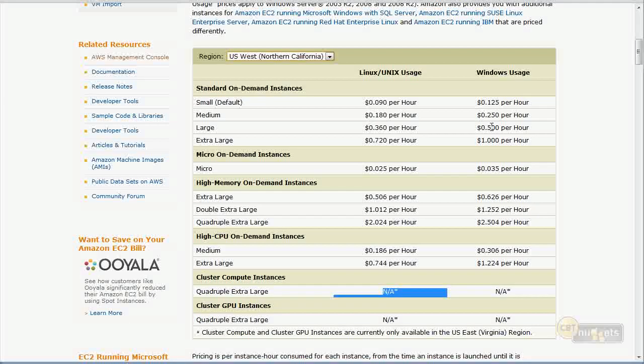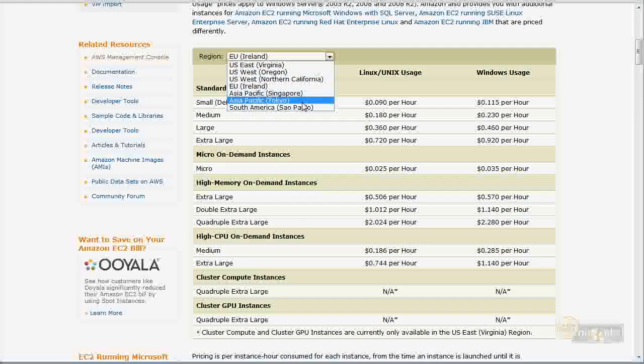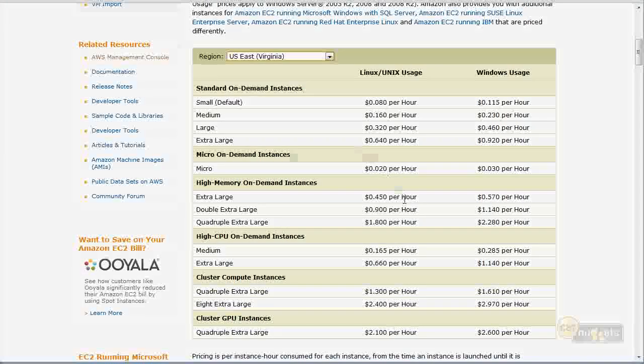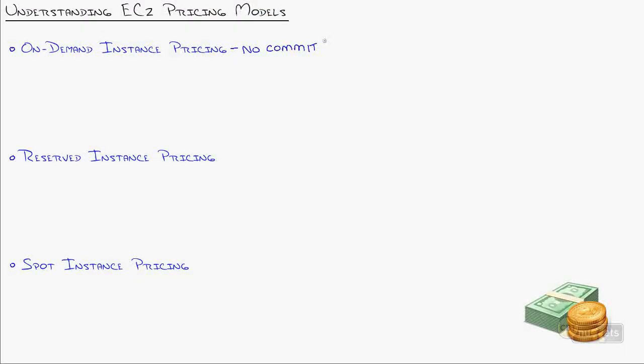Why? Maybe that data center's in high demand. Or the fact is, being in California, everything's more expensive: power, cooling, land prices. So maybe that pricing increase is reflective of that. So definitely make sure you're going in eyes wide open with the region that you're selecting in this list. So again, with on-demand pricing, you come in, you use it, you shut it off, or you keep it running, it doesn't matter. You have no commitment to AWS, and you are paying the flat rate.